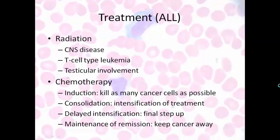So at the beginning of each of these 3 stages, this is when the patients will experience the most side effects from their chemotherapy. Finally, when they're done with all those stages of chemotherapy, there's a maintenance regimen to keep the cancer away. The first 3 stages last a few months, the final stage lasts a few